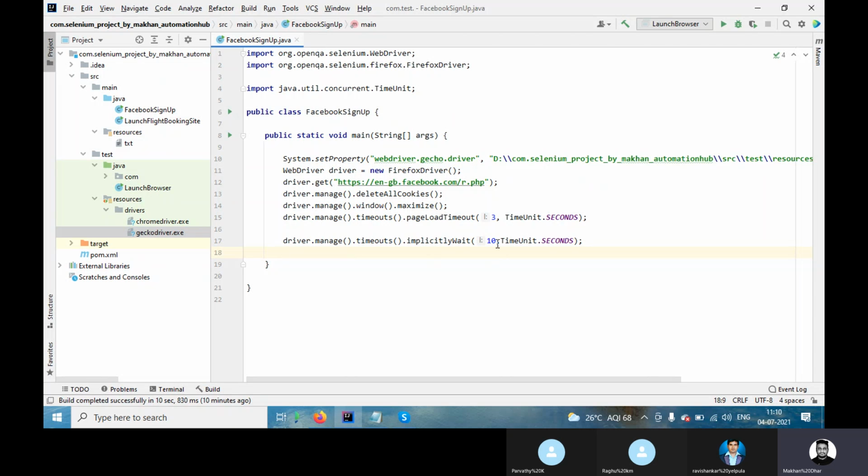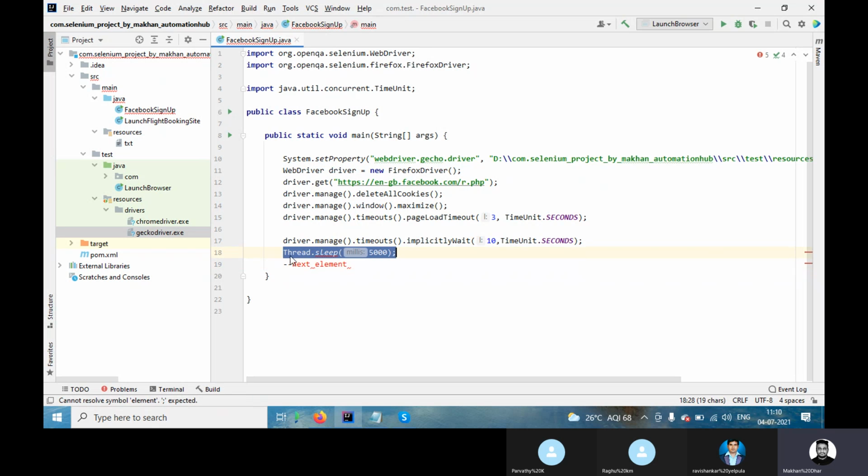Implicit wait and thread dot sleep. Suppose I'm giving 5 seconds, and I'm not adding anything else. The difference between implicit wait and this one is about connecting with the next element.